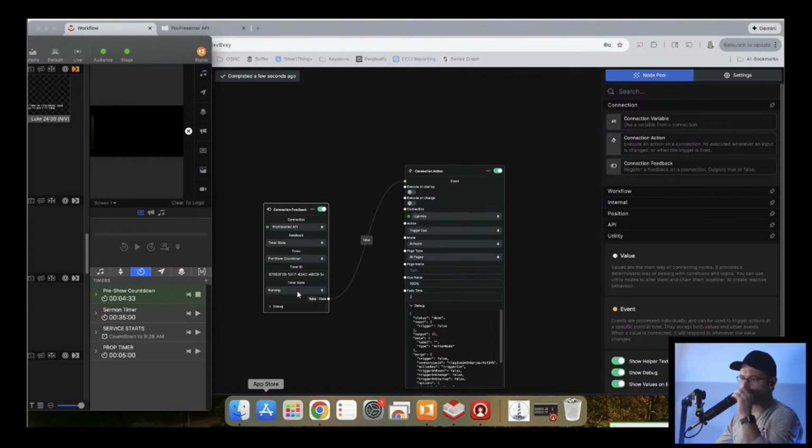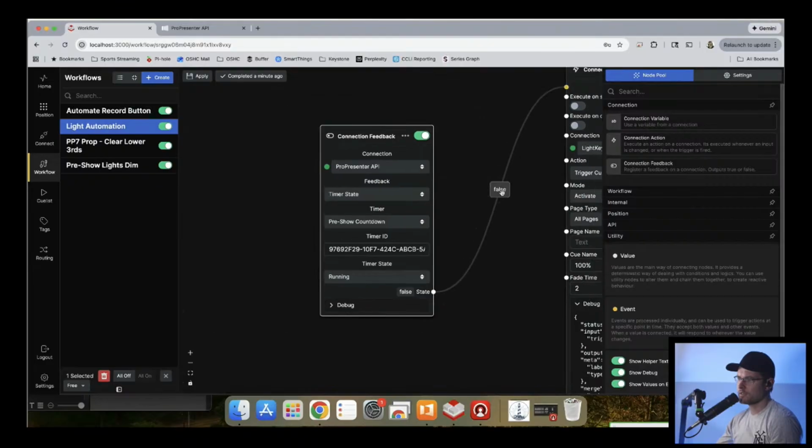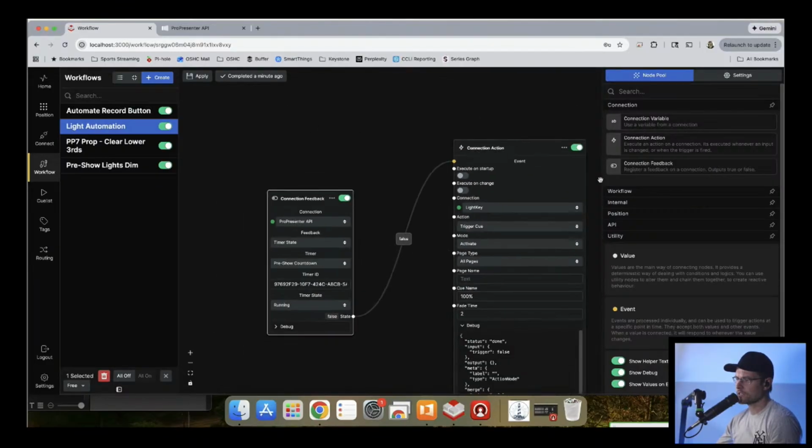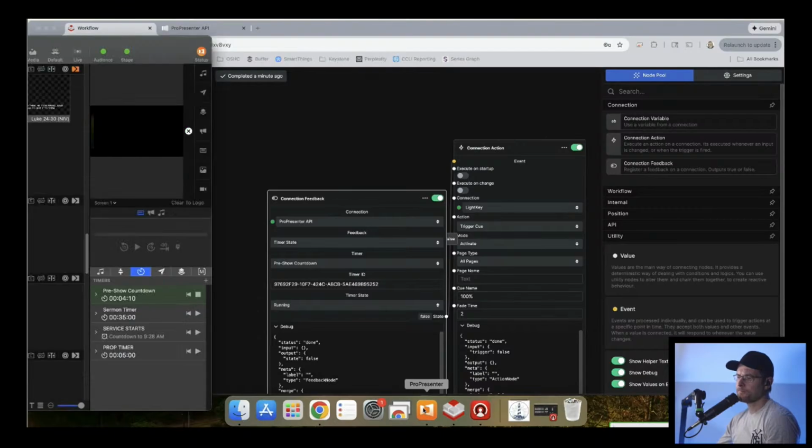It's almost as if, though, the timer is not actually triggering, because it didn't, right? It didn't actually do this. Can I test this? No. State is false. So this is one of those things that's like, okay, it's 100% running.